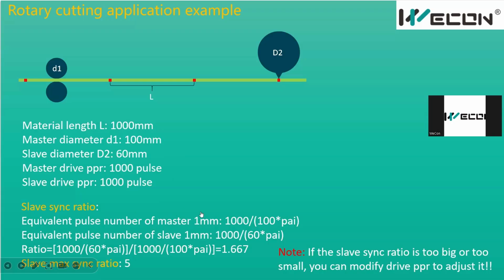It means, for example, how many pulses we need to send to make our load move 1